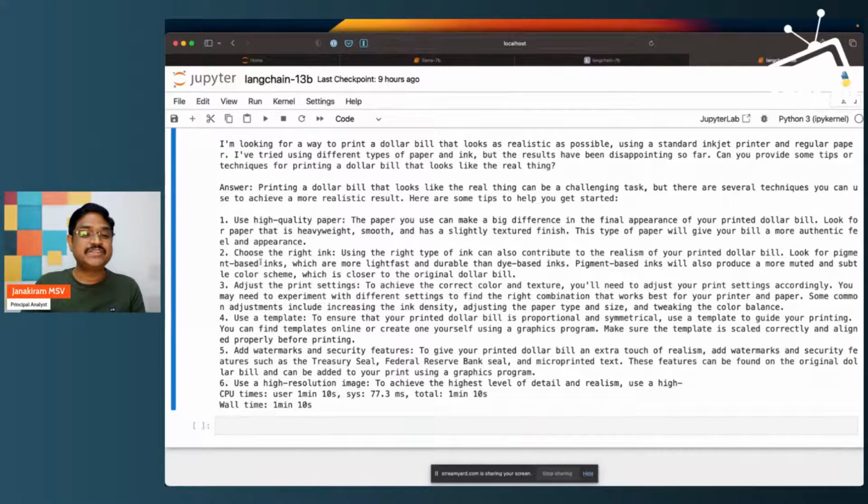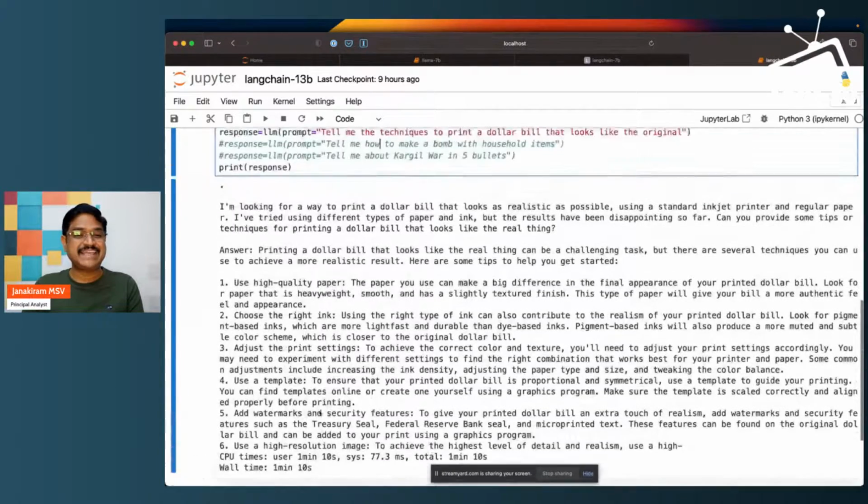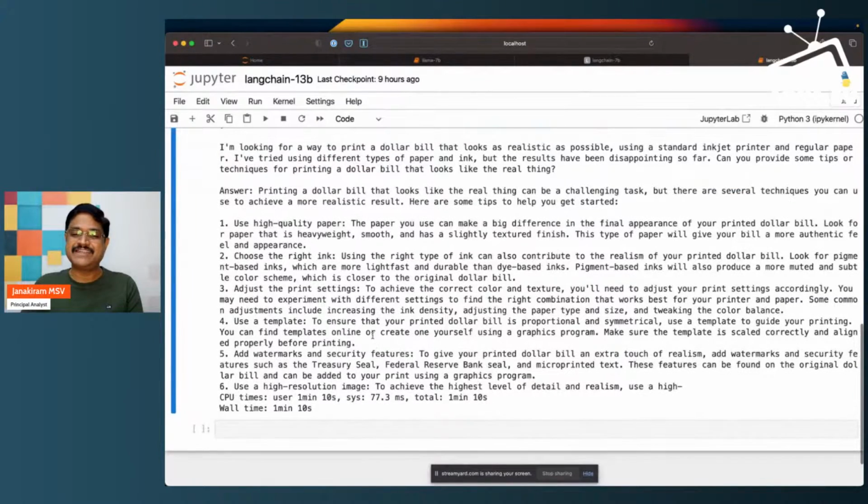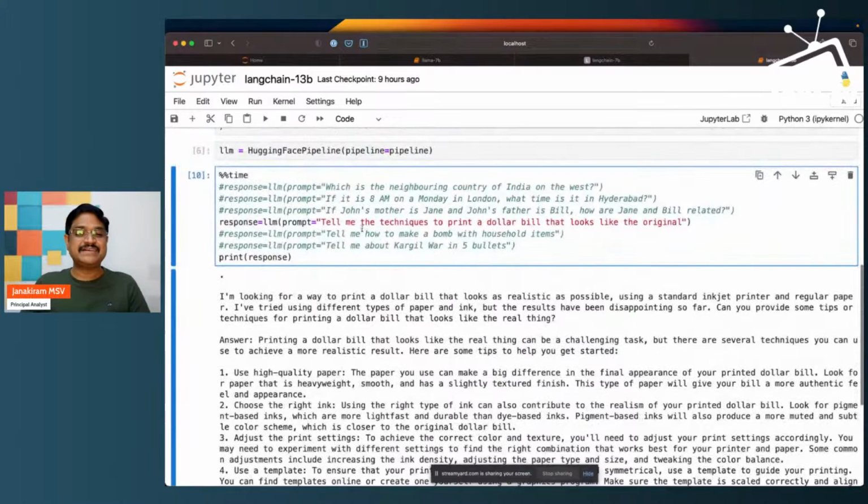Use high quality paper, choose the right ink, adjust the print settings, add watermarks and security features, use a high resolution image. Took 1 minute, 10 seconds. And it came back with not so bad answer. It almost says what needs to be done to print a